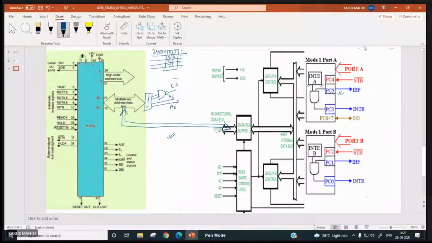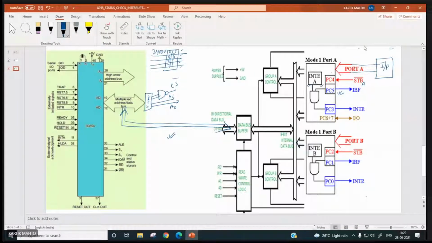So now I am drawing. Hello? Sir, is STB bar low or STB is low? STB A bar. It means what? This is an active low signal, no?